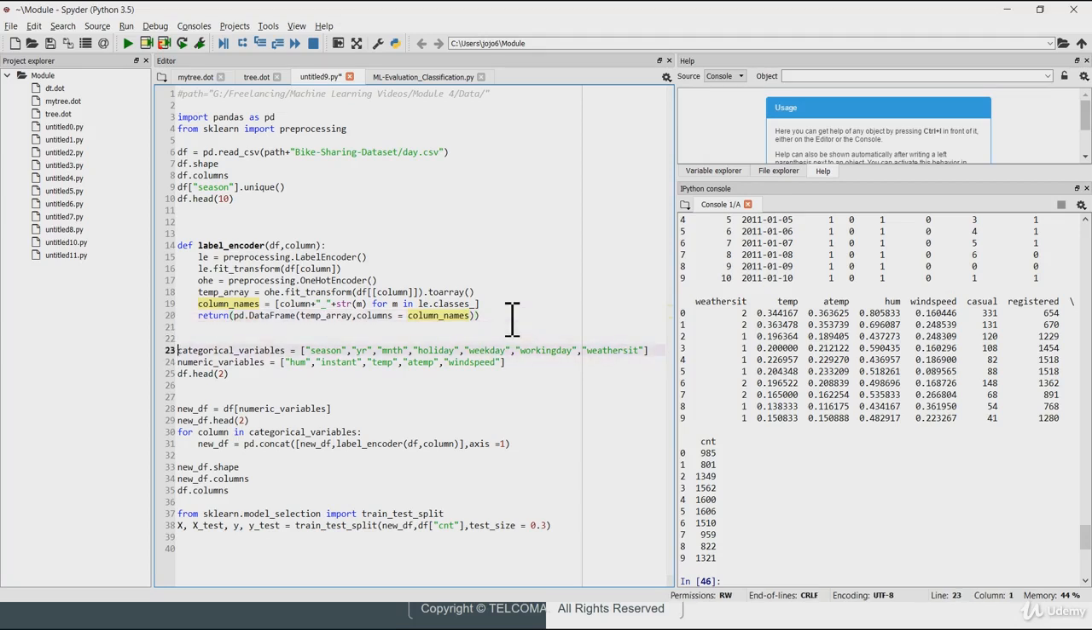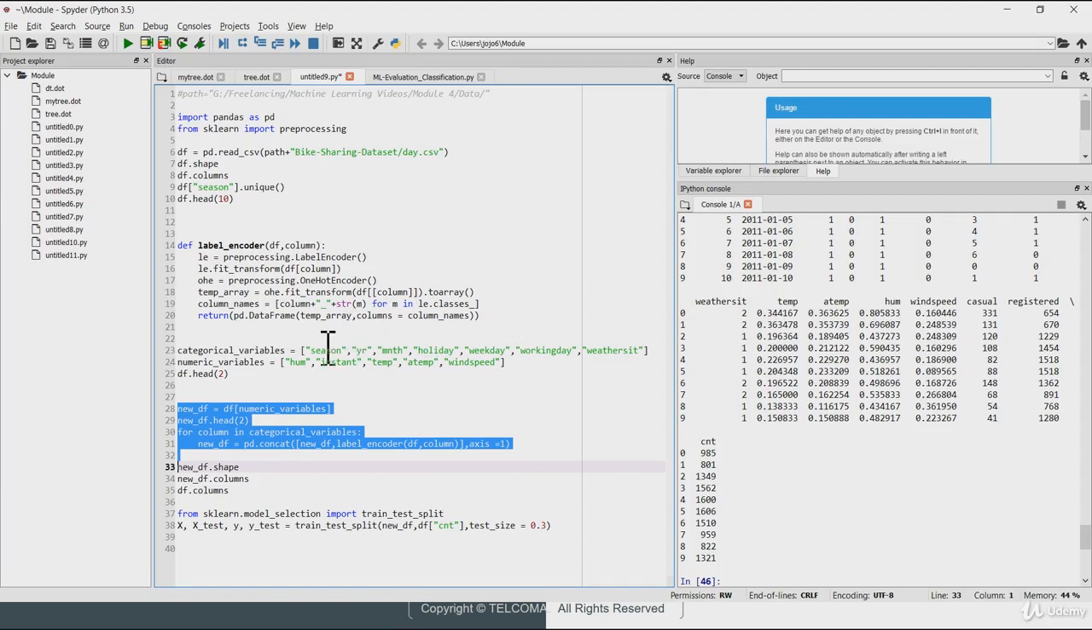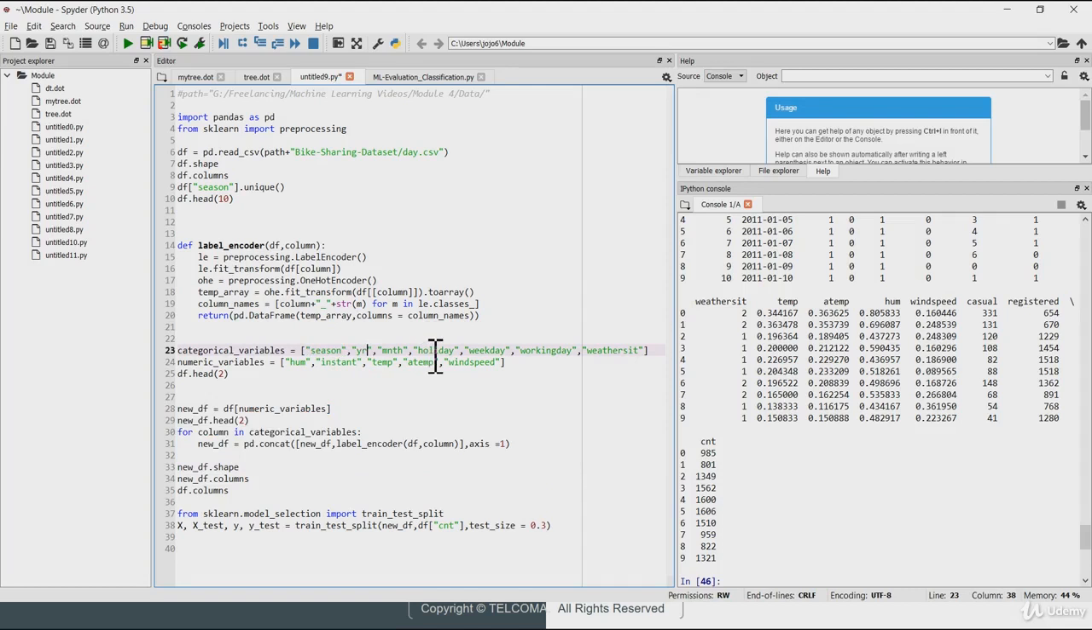Similarly, I have separated the categorical variables and numeric variables, and I'm passing through a loop to create a concatenated version of the entire categorical set. So let's say I have season, year, month, holiday, working day, weather parameters, all of them. So instead of creating several data frames and then concatenating them separately, I have just written a for loop where at the end I'll get an output as a concatenated version of all the one hot encoded versions of these